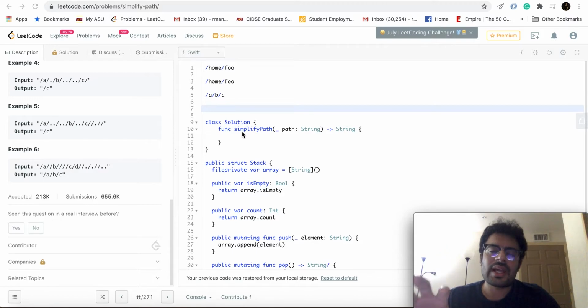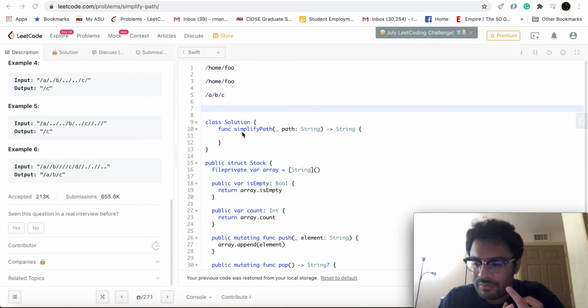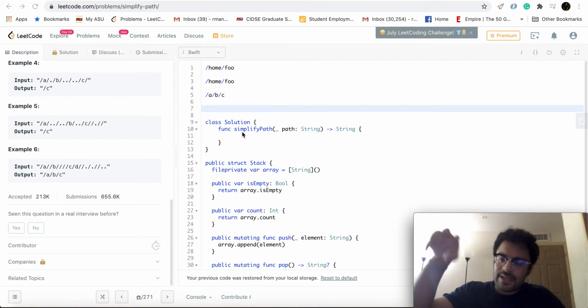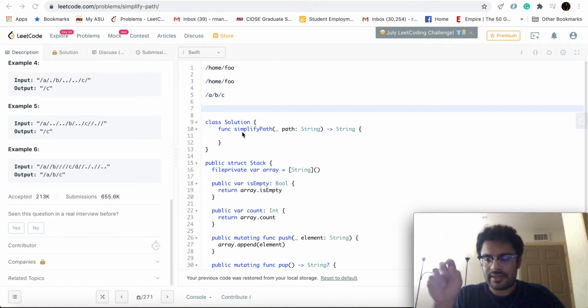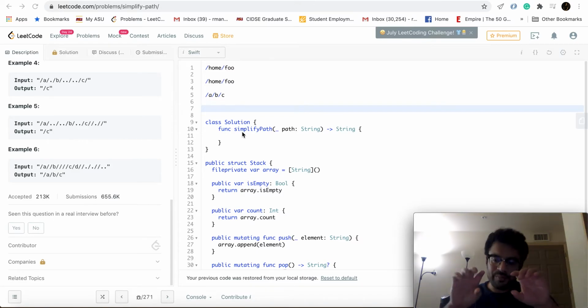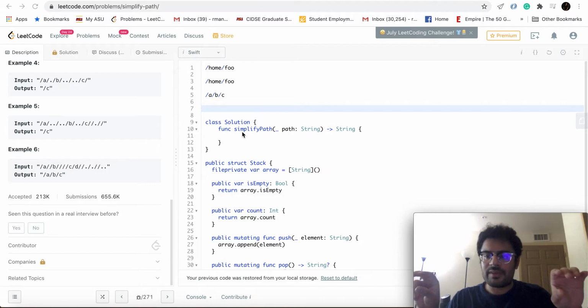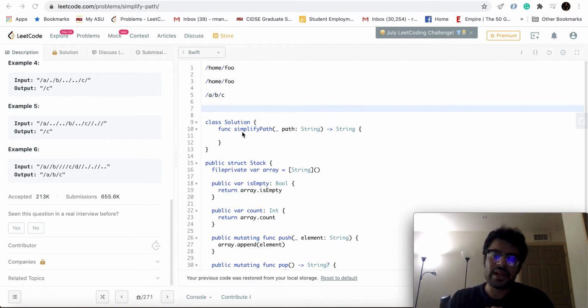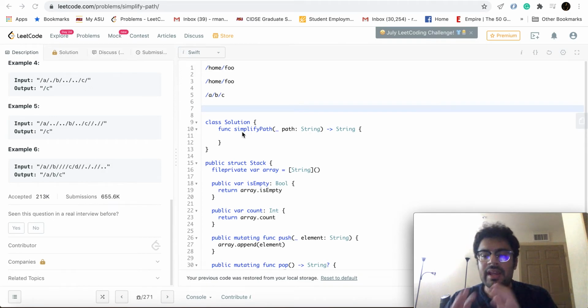The stack at all times will only contain the directory names. It will not contain slashes. It will not store the periods or the double periods. We will just keep storing the directory names in the stack, and we will use directives like the single period or the double period to manipulate the stack. Eventually what we are left with would be the final file path that we need. We'll have to do some processing on that, but the idea is that the directory names in the stack after we have processed everything are the directory names that would be there in the final output.